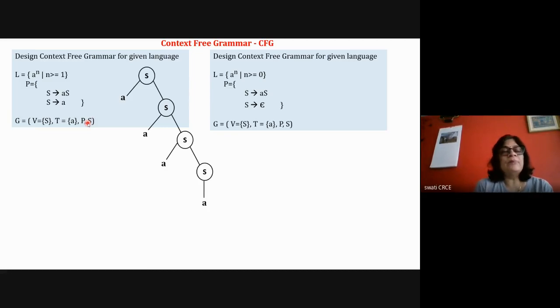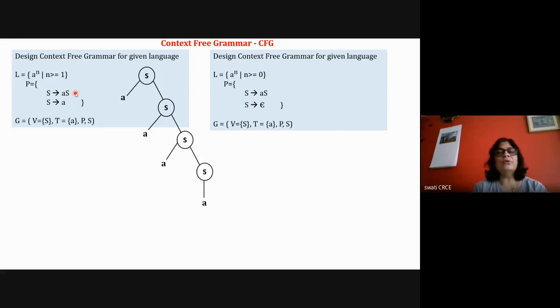Means when you are writing the grammar, your recursion symbol should appear at the right hand side. It should not be the leftmost variable. If it is a left recursive grammar, then creating the parser and parsing is a little tough. But if it is a right recursive grammar, then maybe a bottom up parser works well, and execution of the statement doesn't take much problem, and the complexity is less.